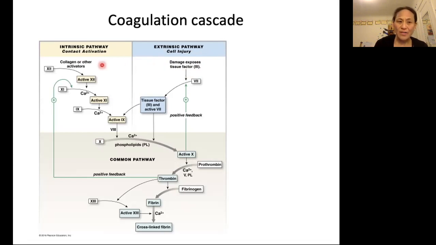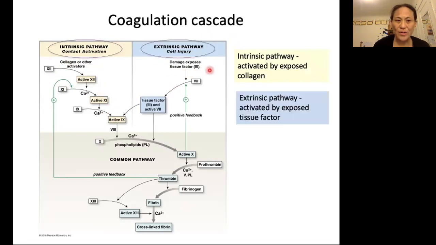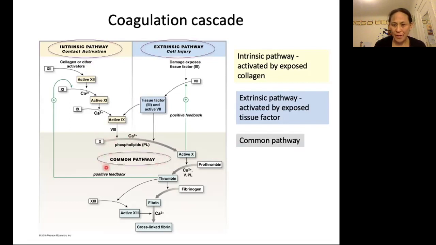When we expose collagen, that triggers a cascade of events called the intrinsic pathway. So we have a variety of events happening here. Basically, we're activating various enzymes, okay? When we expose tissue factor, we activate a series of events called the extrinsic pathway, okay? As you can see in this diagram, the intrinsic pathway and the extrinsic pathway converge to form the common pathway,